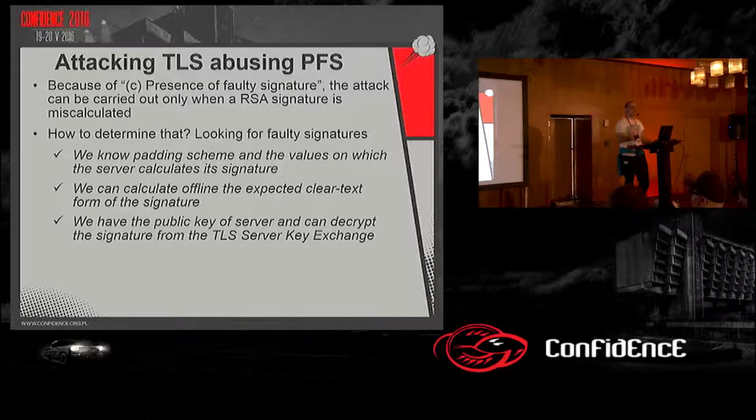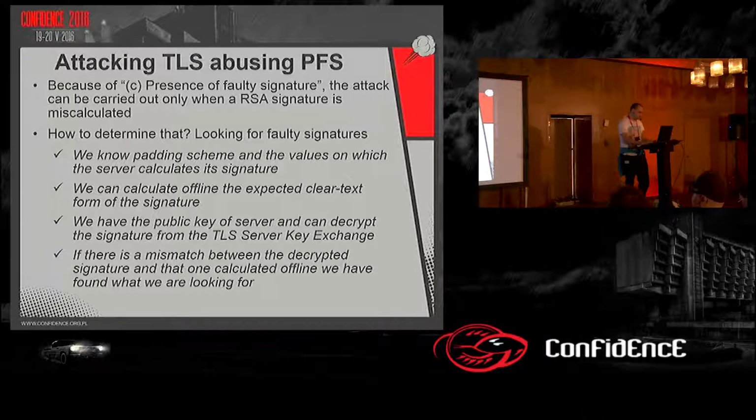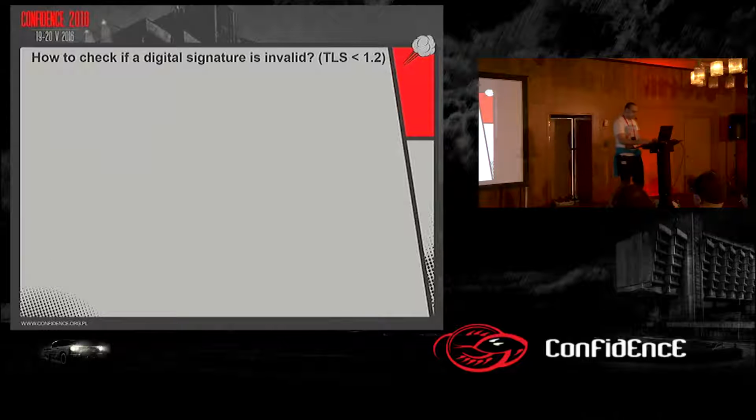And because we have the public key of the server, we can also decrypt the signature that the server embeds inside the TLS server key exchange message. So basically, we can compare the signature that we have calculated offline and the signature that we get inside the TLS server key exchange message. And if there is a mismatch, this basically means that we have a faulty signature. So this is how it works on TLS